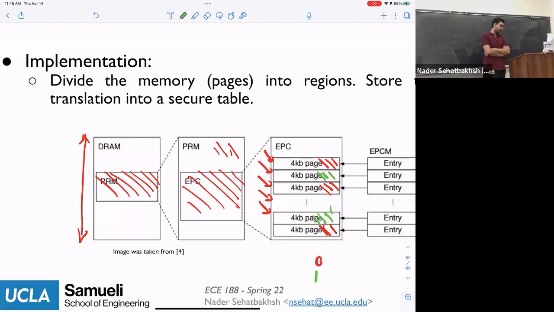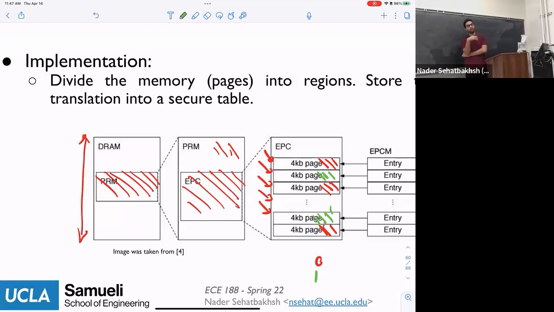If you run out of pages, then you can no longer add an additional enclave. So you're limited by the number of enclaves that you can run in the system. If you want to request a new enclave, you have to wait, or you can evict some of these. You need to kick out some of these and then run this. Typically, you can have something priority-based, saying this is priority 0, this is priority 1, and so on. If a higher priority comes, you kick out things of lower priority.